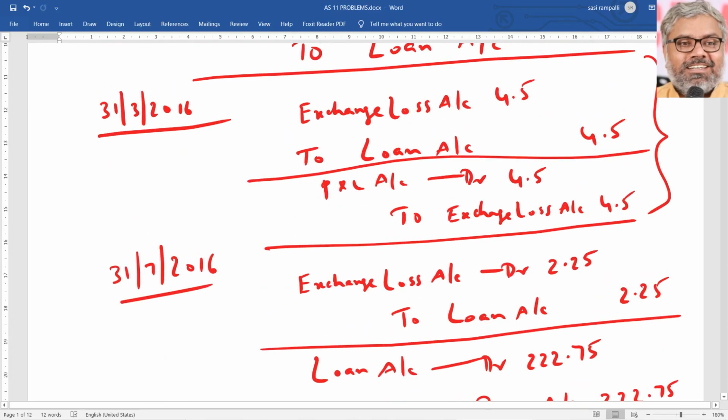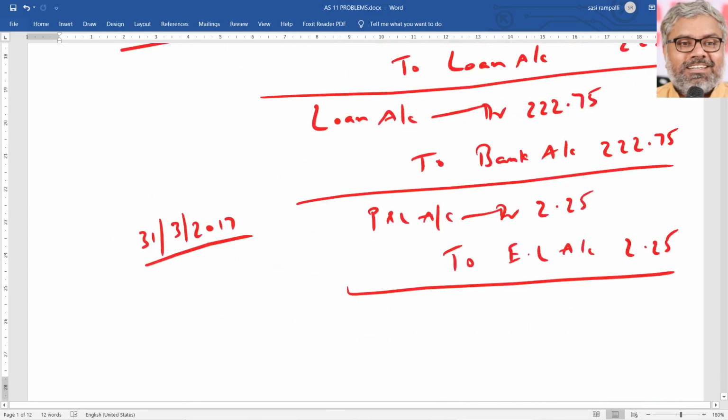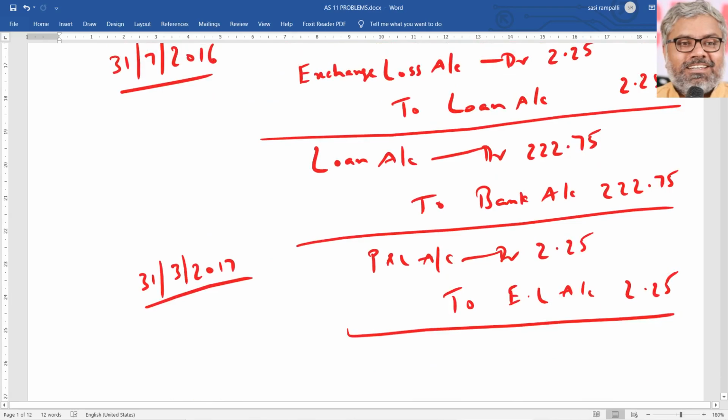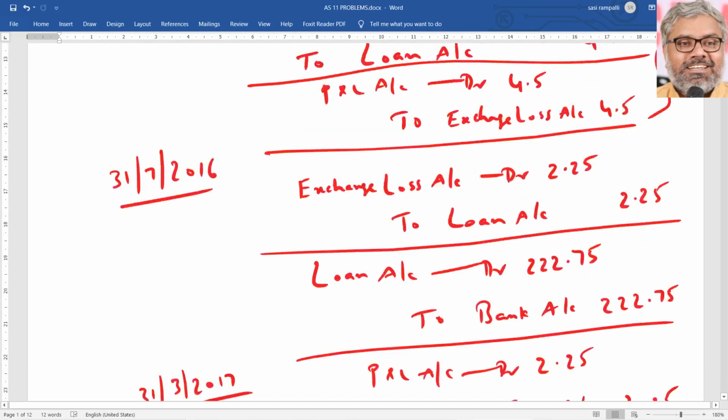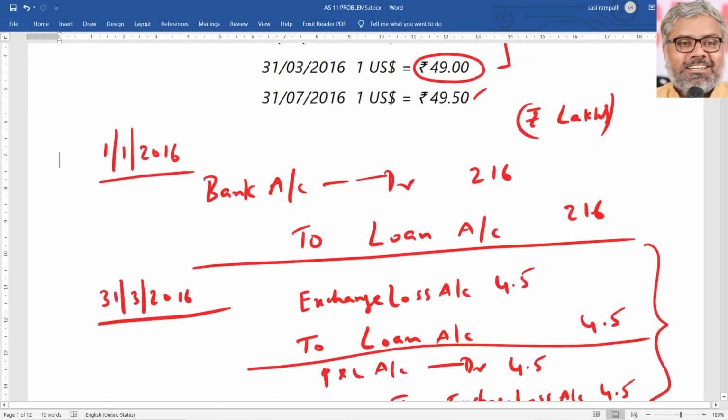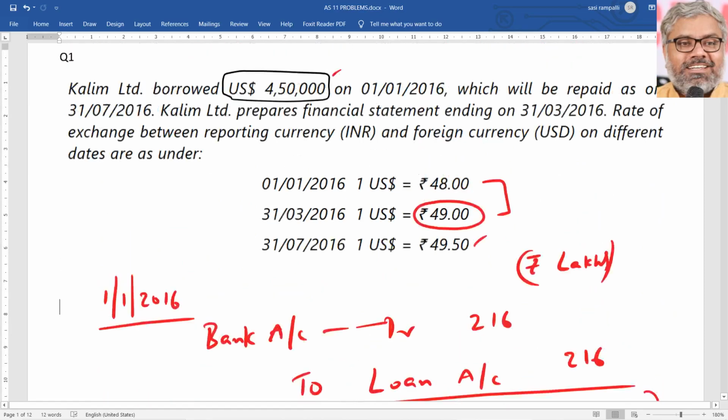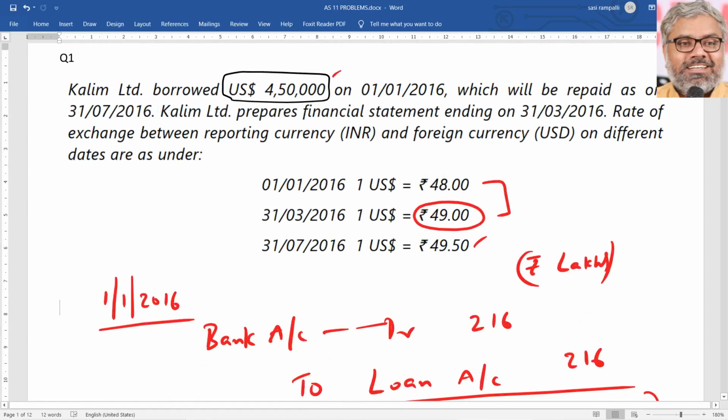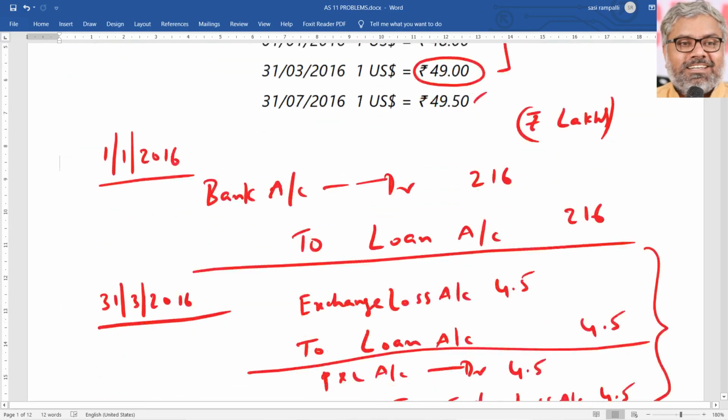The only point is reporting. When are we recognizing it? Out of this 6.75, 4.5 is recognized in 2015-16, 2.25 is recognized in the financial year 2016-17. That is the only difference where we applied accounting standard 11. But ultimately the loss is very evident. Loss really will be what? Always the loss arising from the exchange differences according to the rates prevailing on the date of transaction and the date of settlement. That is a realized loss, which is 6.75.